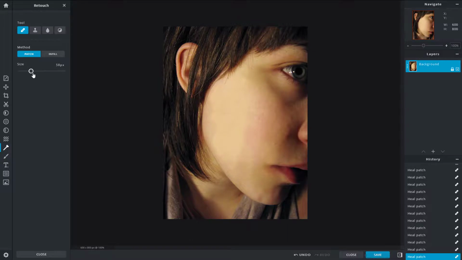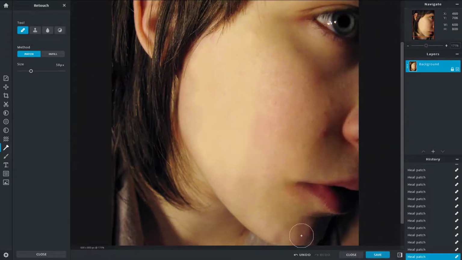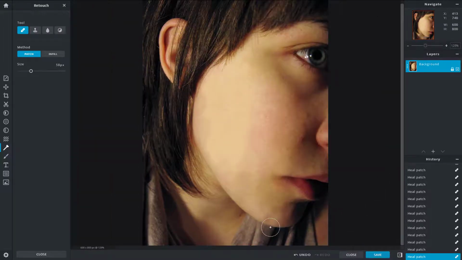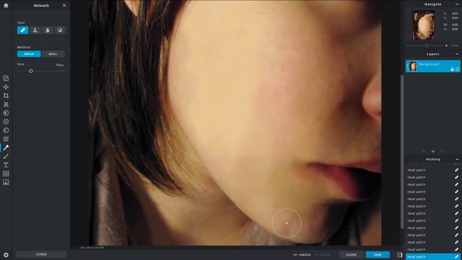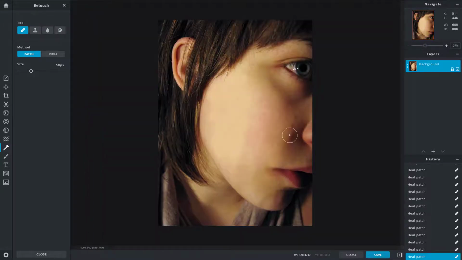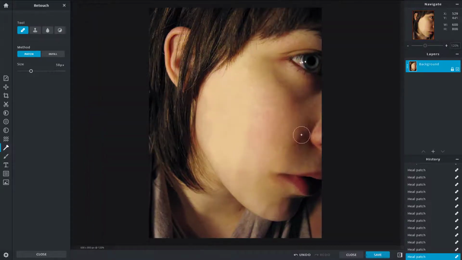So just click over here. Let me just decrease the size. Let me just zoom in to this area right over here. Let's go down and click over here. So you can see that it immediately becomes smoother right over here. Let me go around, make this smoother as well. Click that, make this smoother. There you go. All right. So go around, make here, and maybe increase the size a bit right over here. You can make that much smoother.